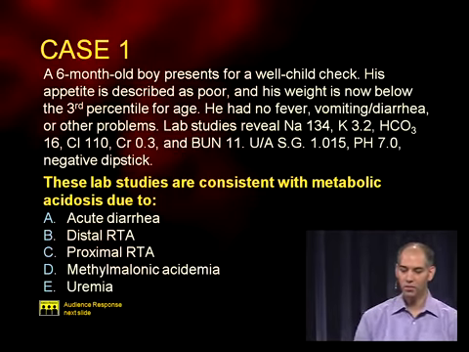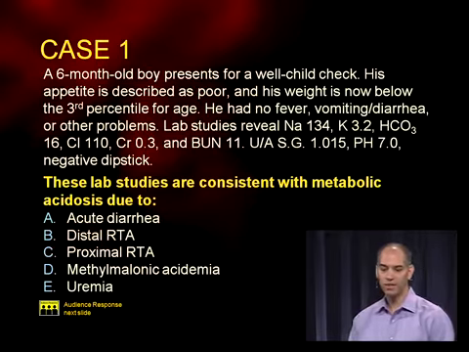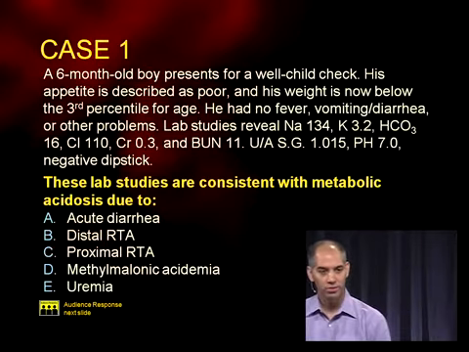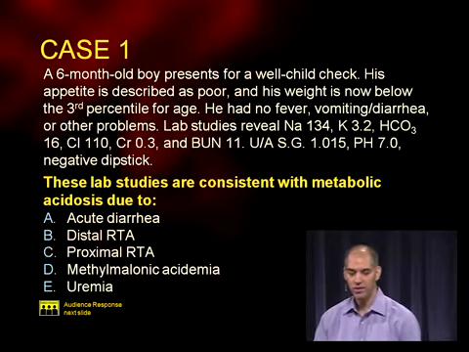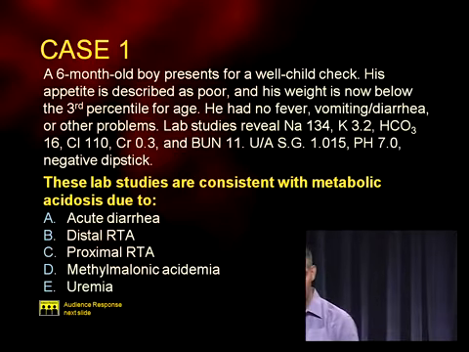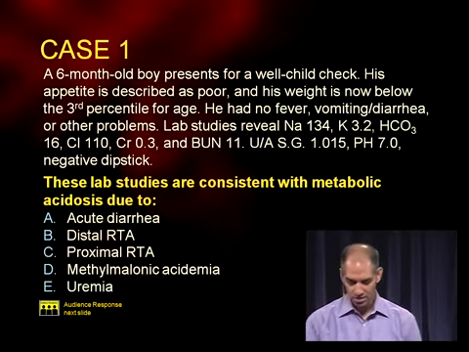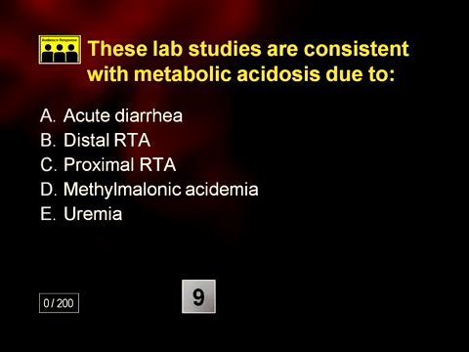A 6-month-old boy presents for a well child check. His appetite is poor. His weight is below the 3rd percentile. No fever, vomiting, diarrhea, or other problems. Lab studies are as shown here. Normal renal function, but a bicarb of 16. Urine-specific gravity 10-15. Urine pH of 7 with a negative dipstick. They're consistent with metabolic acidosis due to